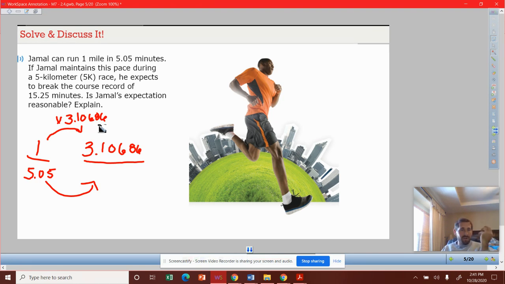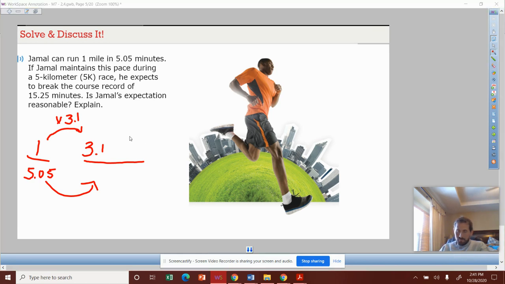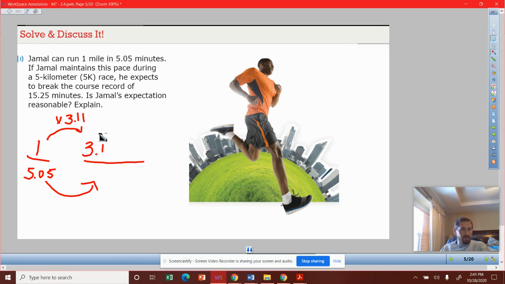And that's where you're thinking, well, am I going to want to multiply all those digits? Well, if I want to be crazy accurate, since we're trying to break a course record, you probably do want to be incredibly accurate and not round this. But for our case and making some of the math a little bit simpler to discuss, we're going to do 3.1. And what we're doing is a little bit longer of a distance. Therefore, if the time is going to meet it, we know he's got a little bit of cushion. So we need to find